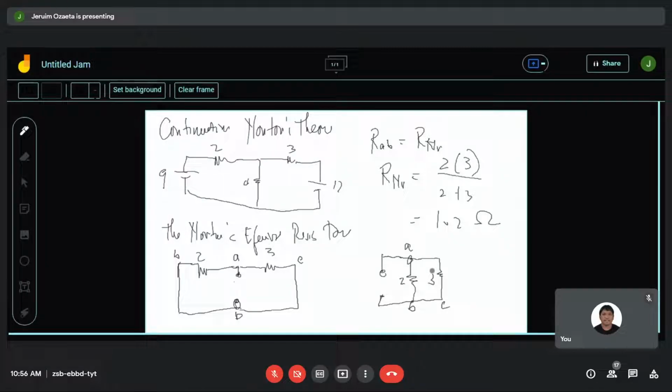Sometimes it's confusing to look at the configuration of resistance. It's confusing, but if you try to reduce it to a circuit which makes you see it easier in the way that it will appear, then it's easy. So ito yan, kaya ang equivalent, so you now can solve the